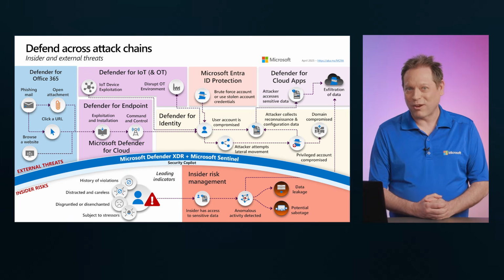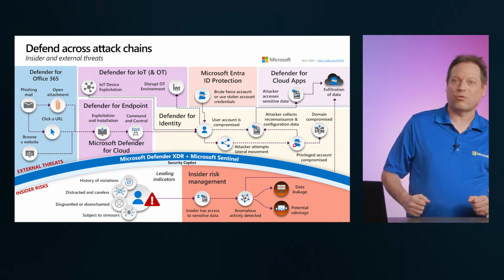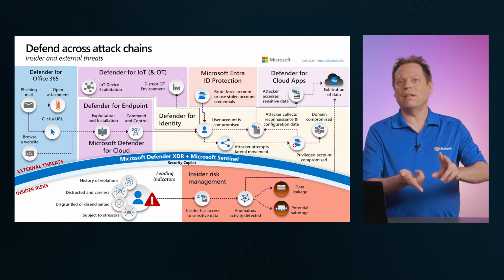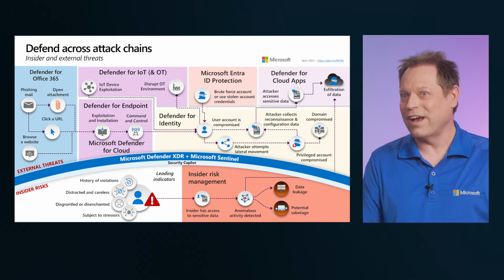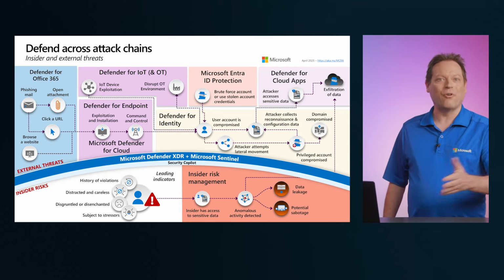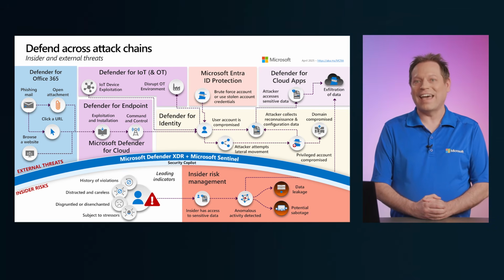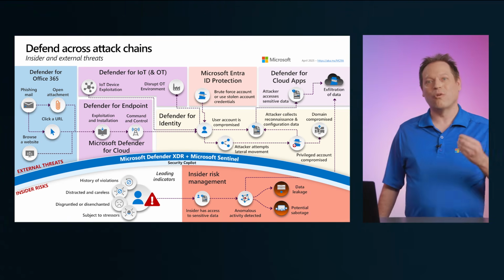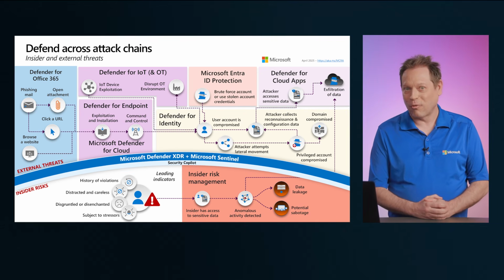As we follow the attacker's path, different Microsoft security capabilities light up at different points. Defender for Office 365 protects email and collaboration, helping stop phishing messages, unsafe URLs, and malicious attachments across Exchange Online, SharePoint, OneDrive, Teams, and more. Defender for Endpoint adds endpoint detection and response for our workstations, servers, and mobile devices, detecting abnormal behavior and supporting